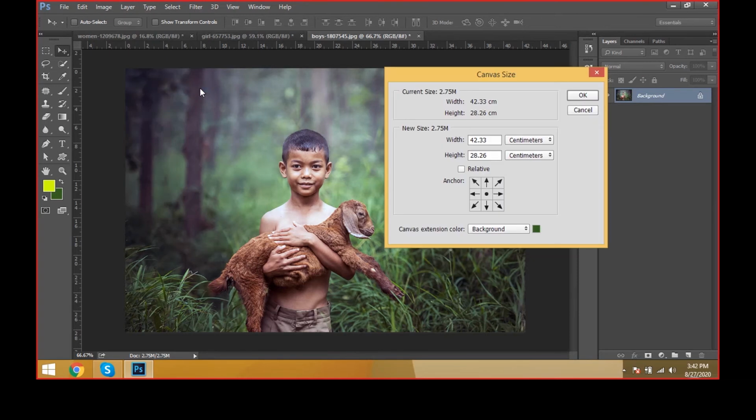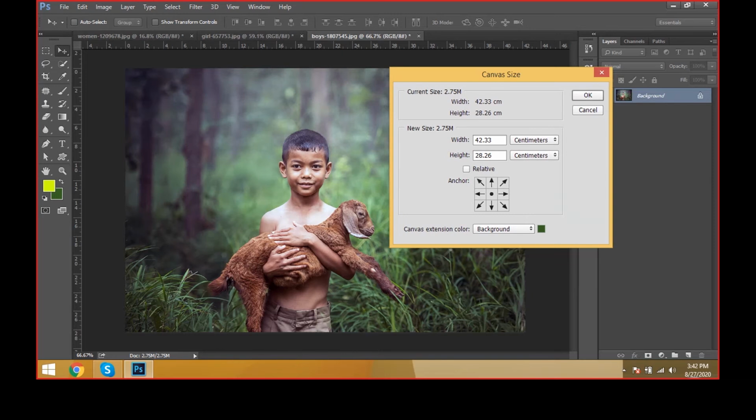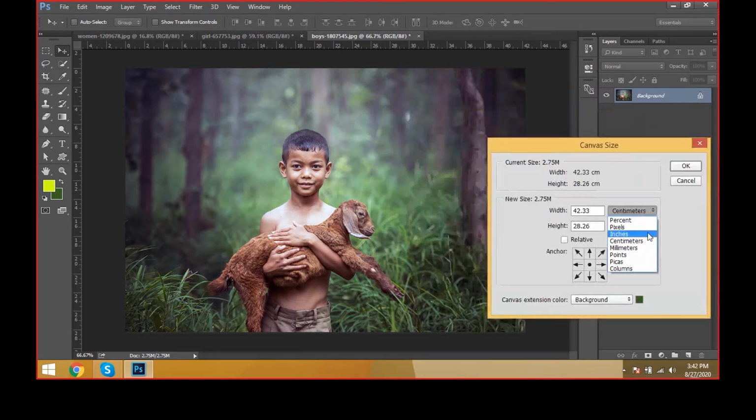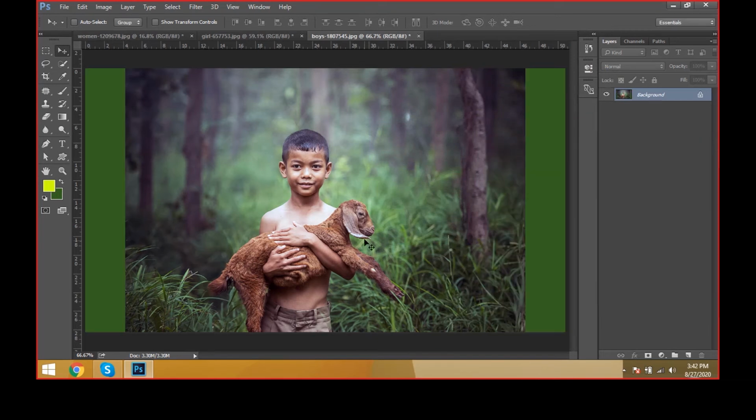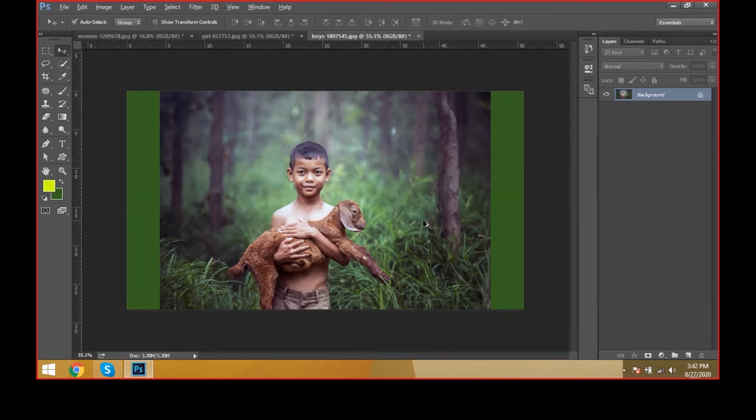And what is the difference between image size and canvas size? Canvas size is nothing but the document size. It is the document size. Come to inches. I'm keeping it here. The width I increased to 20, and come here. Just click OK. Then what happened? The 20 has been activated. See, the size of the width has been increased. Has the image been disturbed? No, the image will not be disturbed. Why? Because it is the canvas size.